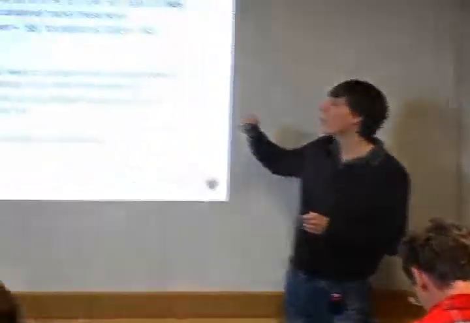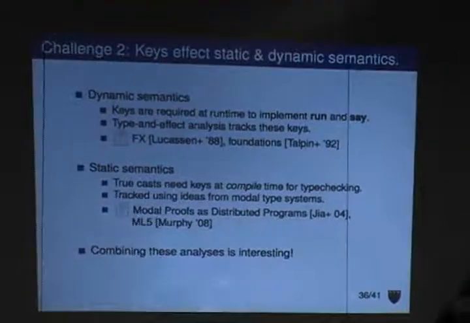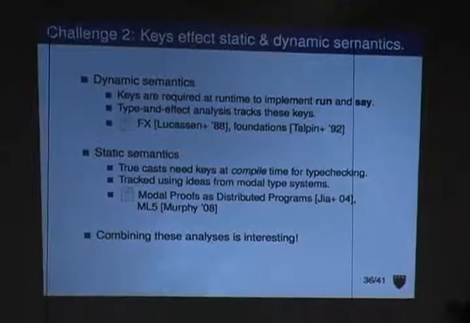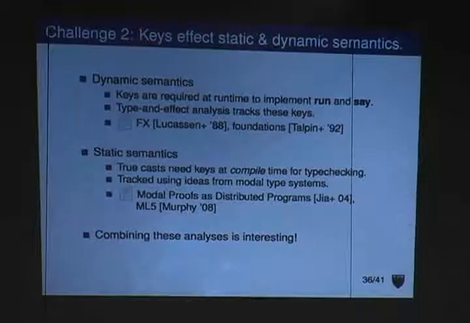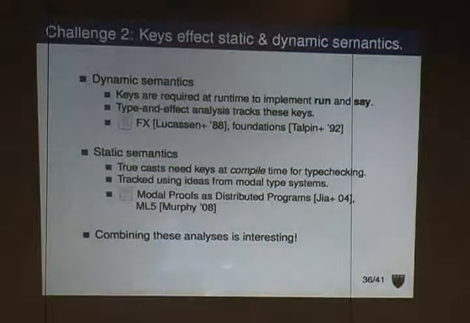This is very brief. When you want to use keys at runtime to do things like decryption or signing, we use what's called a type and effect analysis. So this is a really beautiful classic static analysis that goes back to the 80s, and that tracks what gets used at runtime. When we want to know about the types of things that have ciphertext in them, we're going to adopt some ideas from modal type theory, in particular from Tom Murphy's thesis. These are both really cool theories on their own, and they join together in a nice way to let us understand Aura programs.